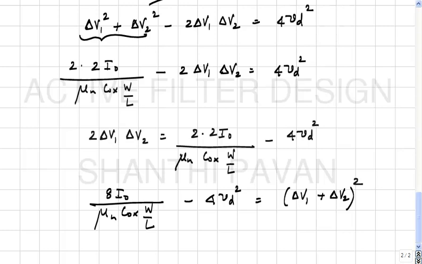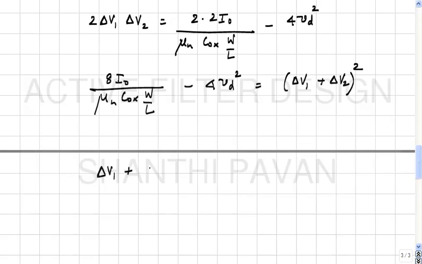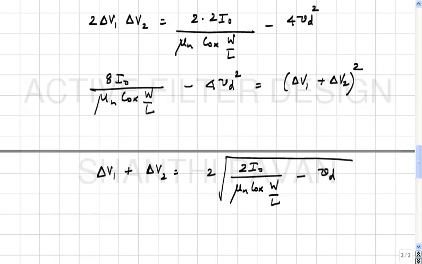Does it make sense? This when expanded is delta V1 square plus delta V2 square plus 2 delta V1 delta V2. Delta V1 square plus delta V2 square is nothing but 4 I naught by mu n C ox W by L. The 2 delta V1 delta V2 has another 4 I naught divided by mu n C ox W by L. Add them together, you get 8 I naught by mu n C ox W by L minus 4 VD square is delta V1 plus delta V2 the whole square. Does it make sense? Okay. So, delta V1 plus delta V2 is 2 times square root of 2 I naught divided by mu n C ox W by L minus VD square,